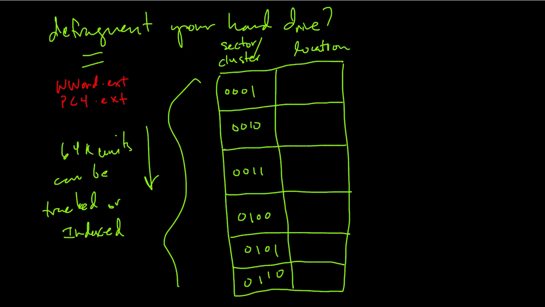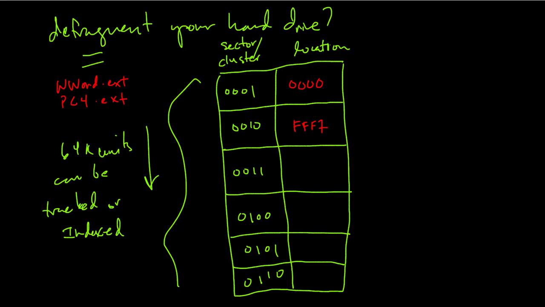So what ends up happening is in this location section, several different things can play out. Inevitably, when you buy a drive, some of these locations are not going to be able to be written to. That's just the way all hard drives typically ship from manufacturers. Some of these are just bad units, and they can't be written to, and when you format it for the first time, whether you run FAT16, FAT64, FAT32, or the new technology file system, which you commonly see with Windows, it'll go through and do a full formatting, and then it'll mark out which ones are usable and which ones aren't usable. So we'll say that this one here is usable, this one here is not usable,